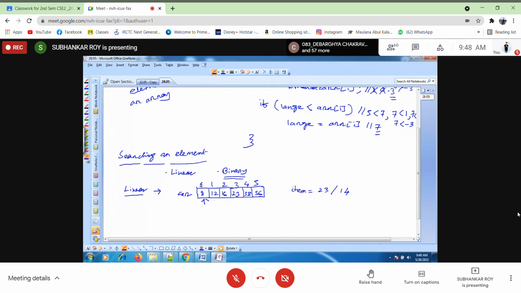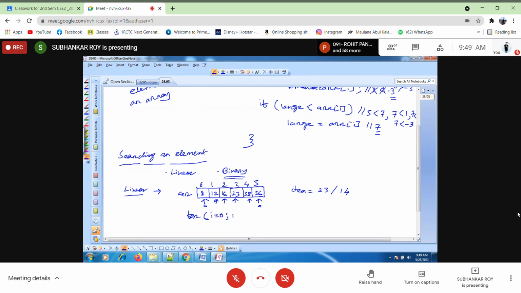If it is equal, then it will say item is found at this index. Then with the next element, and then the next, and so on. Once it is found, it will say the element is found at this index. If not found, it has to search up to the last index. Got it? As we have to search from beginning to last, we need to run a loop.